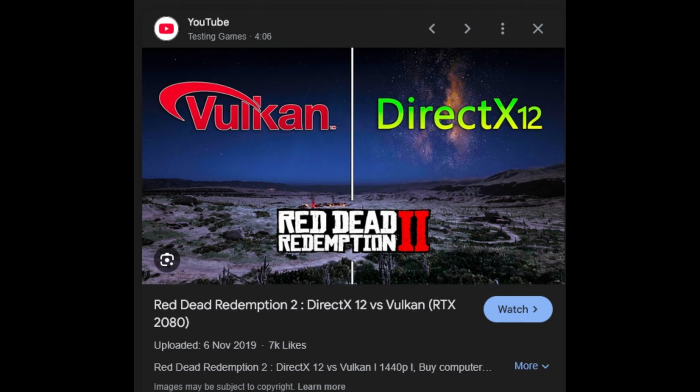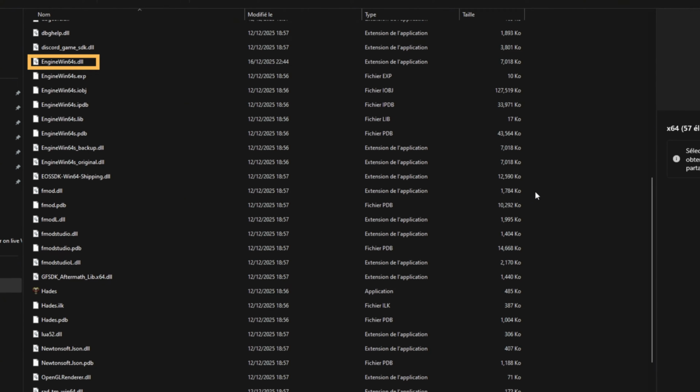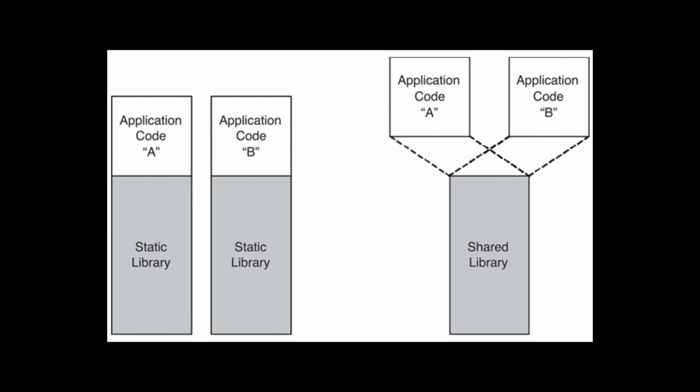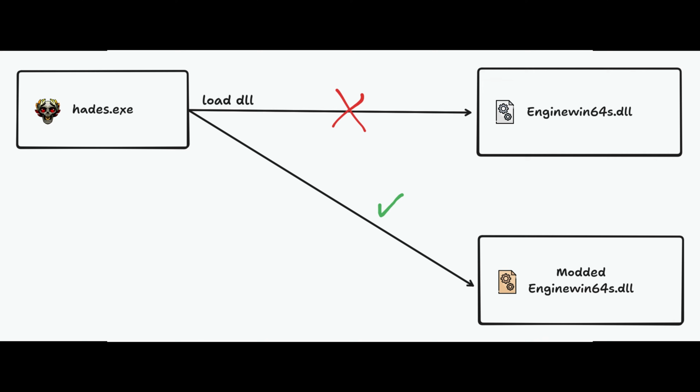What really interests us here is the file called enginewin64.dll. This file contains most of the game logic. DLL stands for Dynamic Link Library. It's equivalent to a shared object or .so file on Linux. A DLL can be shared between multiple executables, and it allows developers to update or modify functionality without recompiling the entire program. In this video, we're going to modify this DLL and make Hades.exe load our modified version instead of